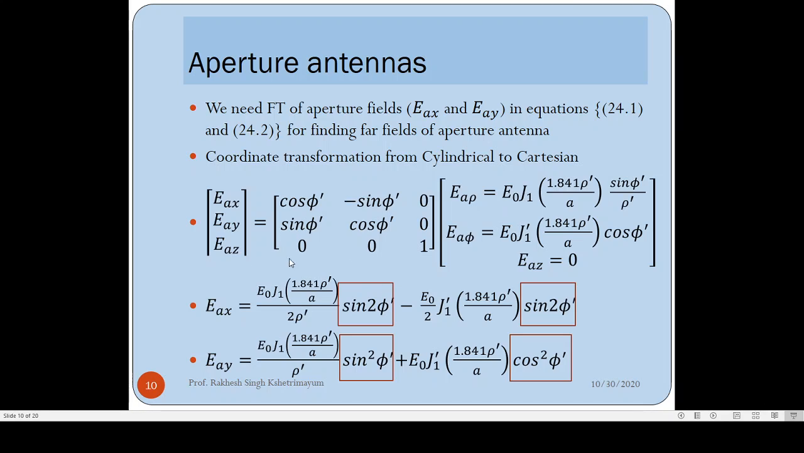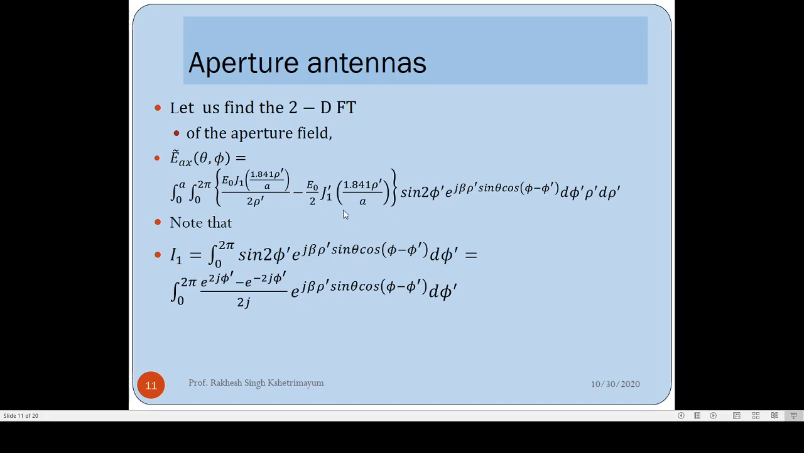So now we can take the Fourier transform of this EAX and EAY. When we take the Fourier transform, sine of 2 phi dash can be expressed in terms of exponential functions by using Euler's theorem. That's why I have pointed out that we have a sine of 2 phi dash here, and here also, sine square phi dash, cos square phi dash. So let us try to find the 2D Fourier transform of the aperture field. For the EAX component, let us do the integration. Now we are in the cylindrical coordinate system. The area element for the aperture is in the shape of a